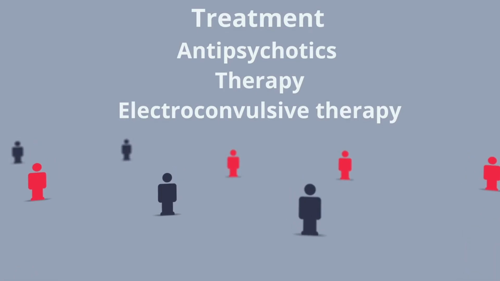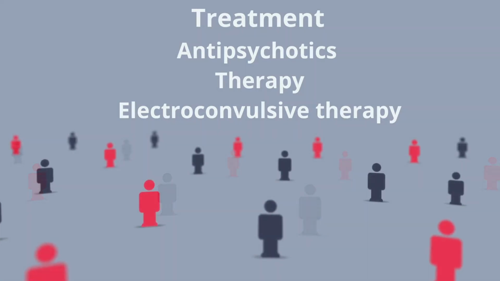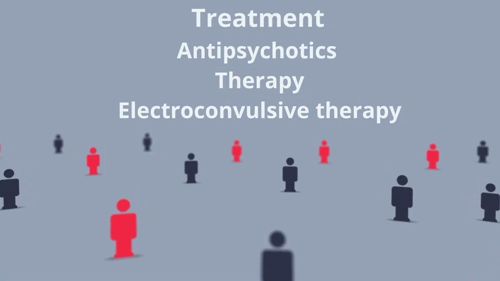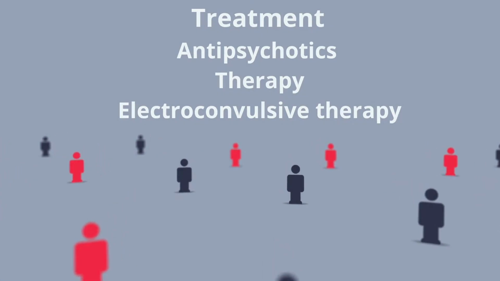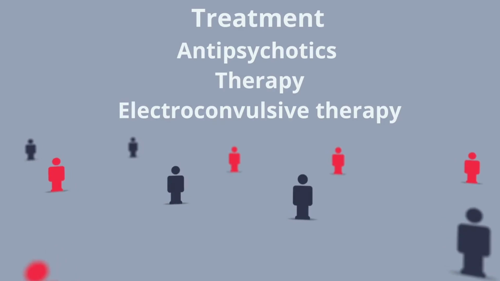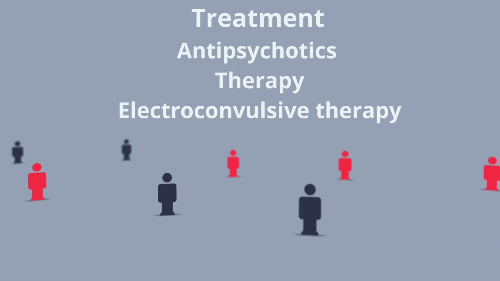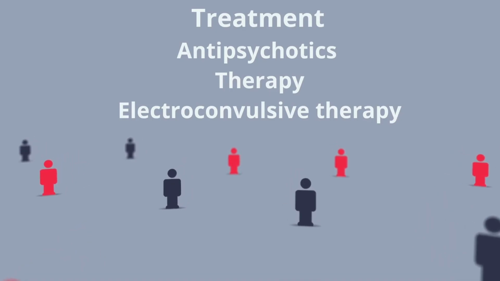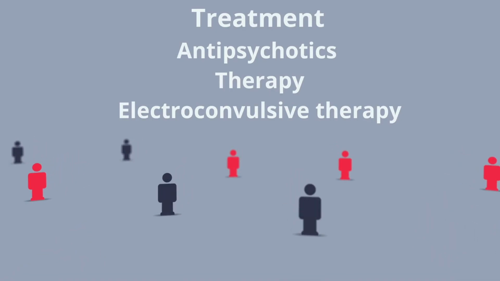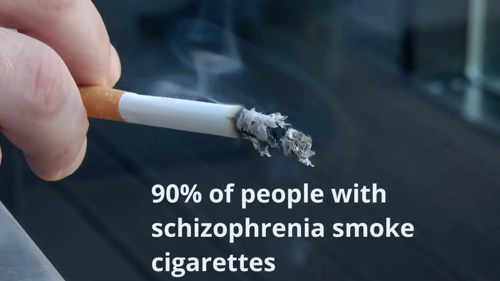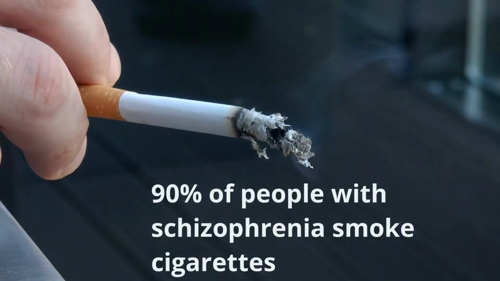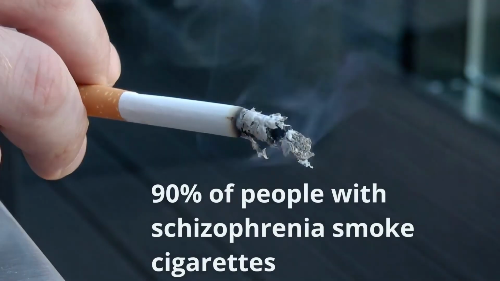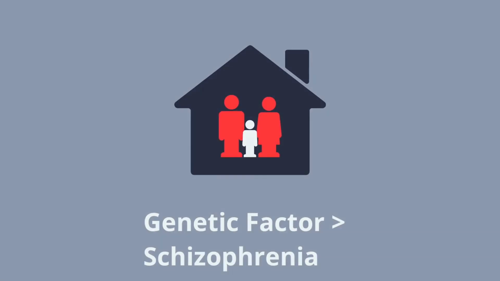I also have here electroconvulsive therapy, which is a brief electrical stimulation to the brain, and it's used as a last resort. It's not the most common method of treatment for schizophrenia. It's also used in patients with bipolar disorder and severe major depression who have not really been responding to their regular treatments. Another thing that scientists have found about this disease is that 90% of people with schizophrenia smoke cigarettes. And they think this is because nicotine relaxes the rigid nerve cell shape and function in areas of the brain affected by the disease.